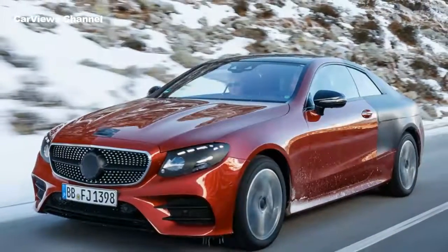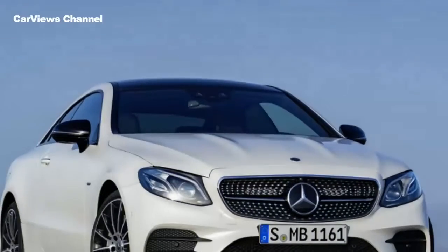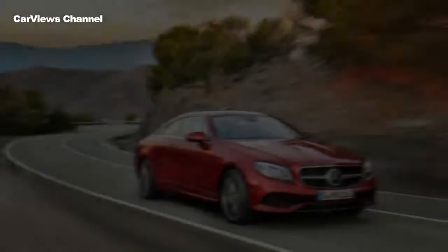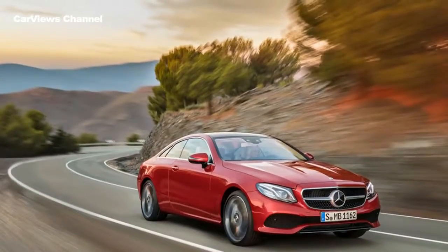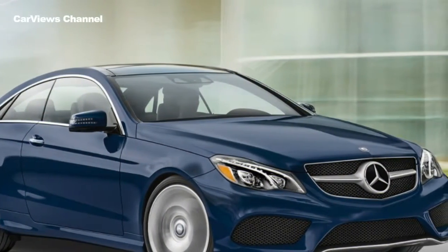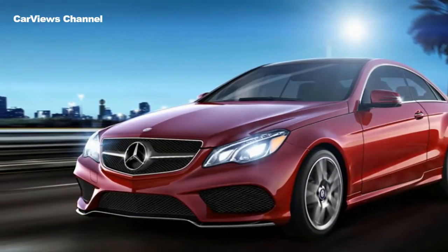If you do decide to throw caution to the wind and attack a few corners, then it equips itself rather well, resisting roll better than its predecessor thanks to the wider track. The brakes are suitably strong for a 1.8-ton coupe. Go anywhere near a track and they're likely to melt quite quickly, though, but you don't expect any communication from the steering or much adjustability in the chassis. The name of the game here is keeping all 4 tires stuck to the road and chopping distance,